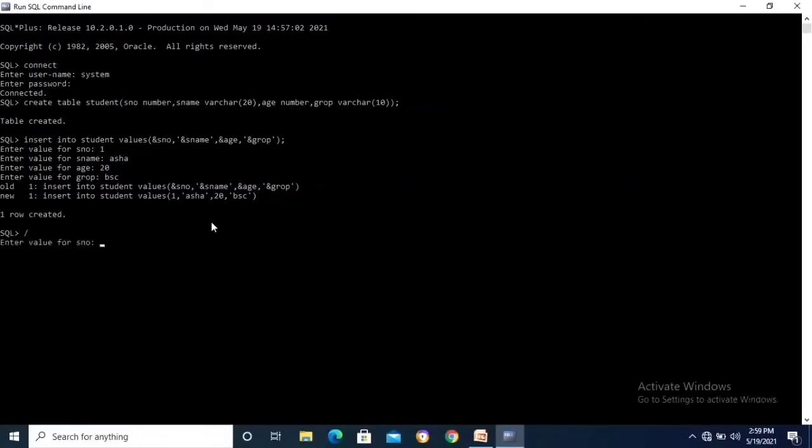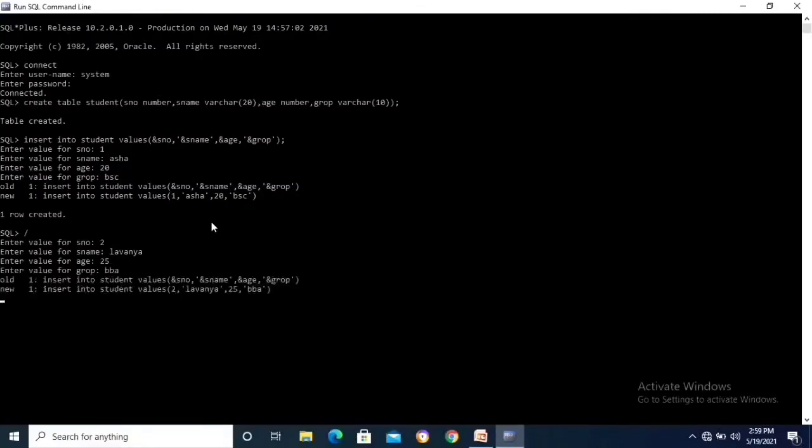Next, student number 2. Name Lavanya. Age 25. Next group BBA. One row is created. So two students' data is inserted in the student table.